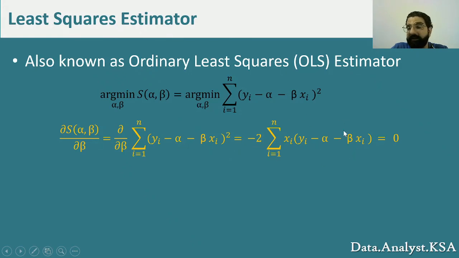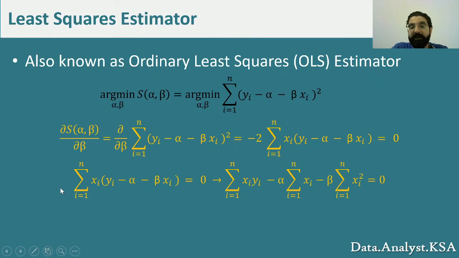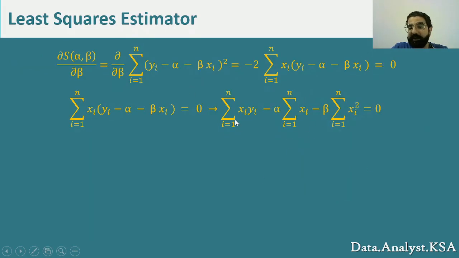And I'm going to make this equal to 0, so I'm going to take the negative 2 out, and I'm going to end up with this. Now let me distribute my sum of xi, so I'm going to end up with sum of xi yi minus alpha sum of xi, because sum of xi is still outside, minus beta sum of xi squared. So xi here and xi there, they're going to be multiplied by each other, and it's going to be sum of xi squared. So let's get more space and go into the next slide. So this is where we ended.